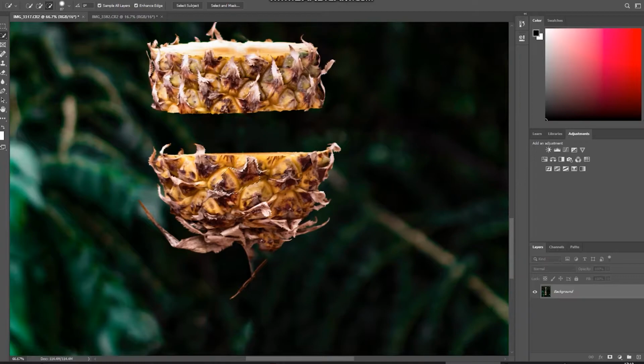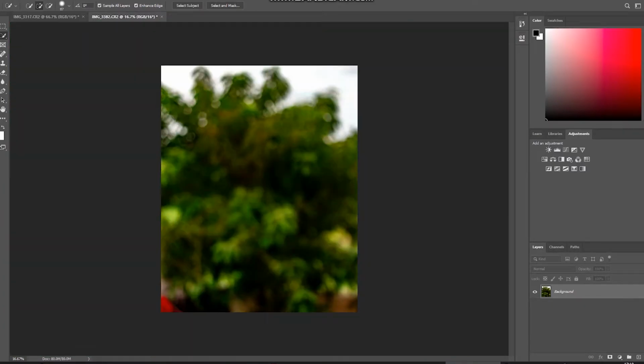I'm selecting the quick selection tool, and then I'll select separate portions from this picture. I'll take them from this picture and put them onto the actual background that we had separately captured. Using the quick selection tool can get a little tricky sometimes, so you need to be very patient in defining the boundary lines. As you can see, I have selected this last portion of the pineapple. Now I'll be copying this and putting it onto our background, which is in a separate tab inside Photoshop. I have copied it from the previous tab and now I'll be putting it over here.